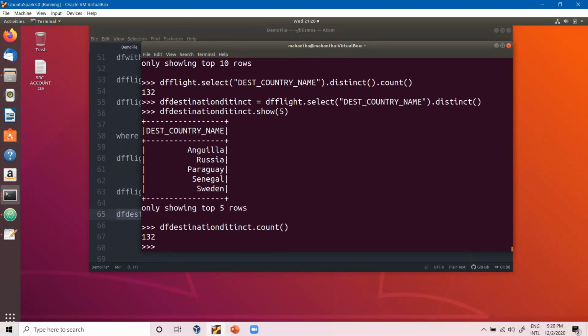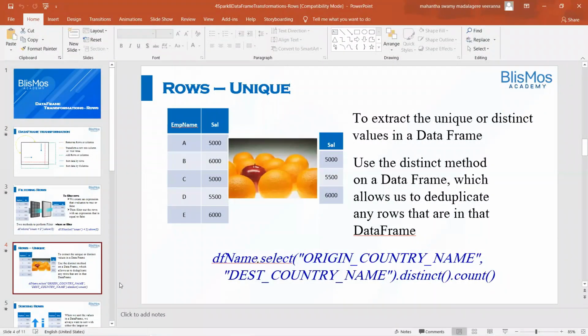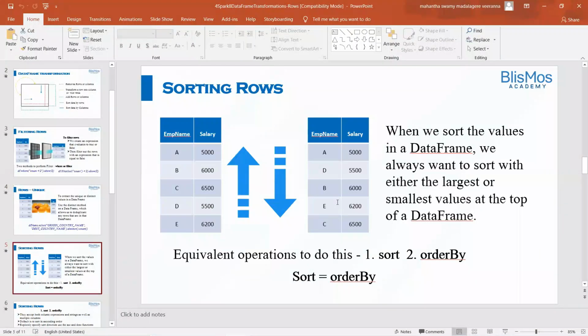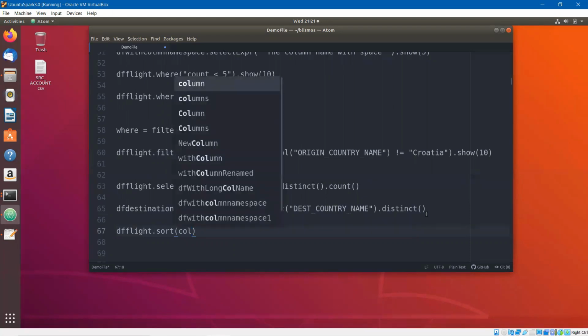So we also understood how do you get the distinct values, how do you get the unique rows. The next aspect is how do we sort the rows, or how do we order. We do that by using two methods, sort and order by, right? So let us see with some examples now. Go ahead and say sort, and within that give a column name. So call destination,